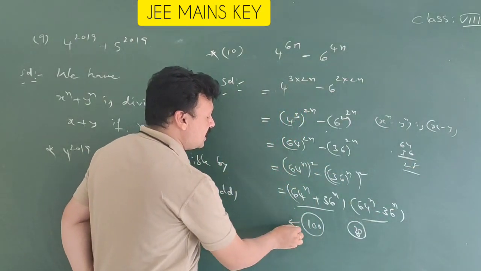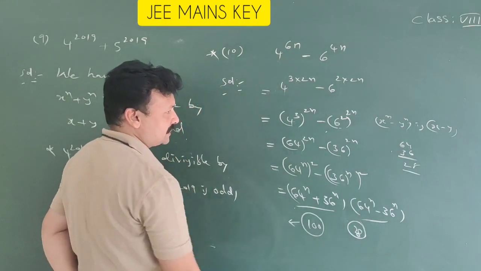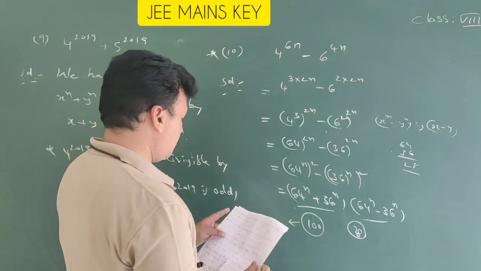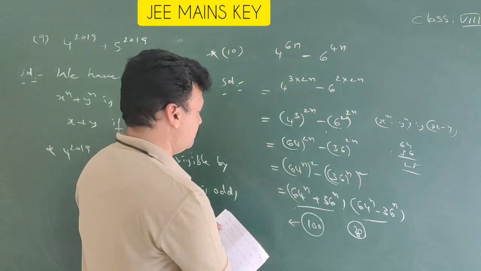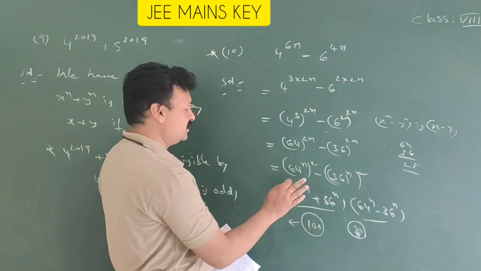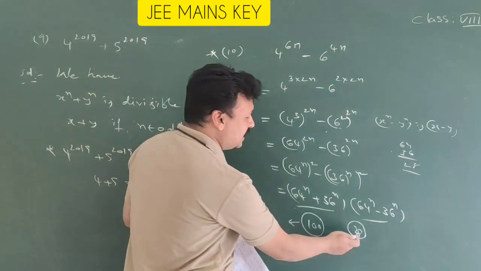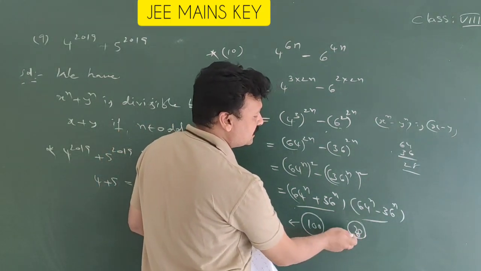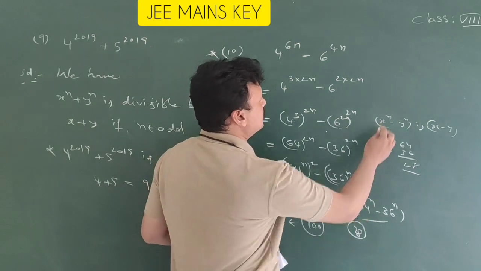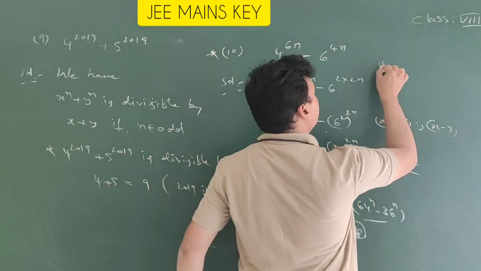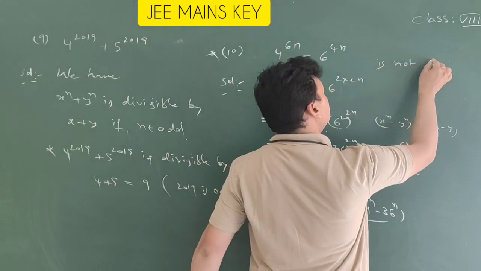It is divisible by 100, which means it is also divisible by its factors. Here the numbers are 5: 5 divides 100, that's why the number is divisible by it. 25 is also divisible. For 7, 28 is given, that's why it is divisible by 7. Now it is not divisible by 3.